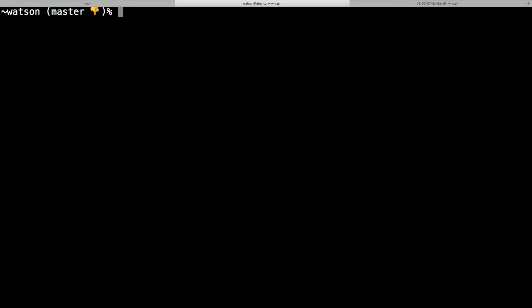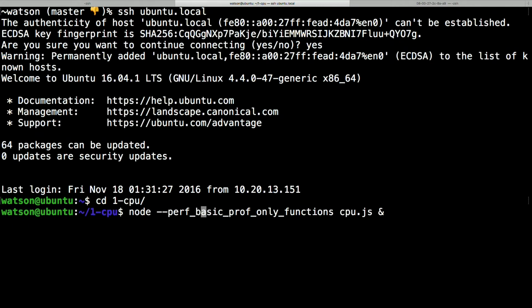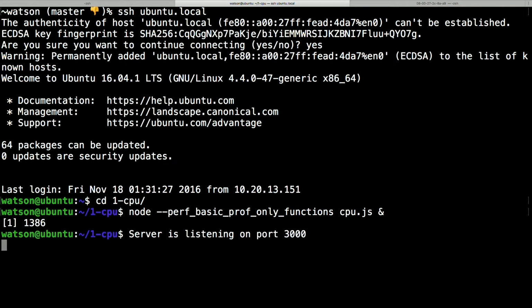Since this is something that doesn't run on OS 10, I have an Ubuntu server running here. I'm just gonna log into my Ubuntu server. And I have prepared a little program here that, of course, has a problem in it that takes a long time with CPU. So we're gonna run this server, and I run it with the perf-basic-prof-only-functions flag,